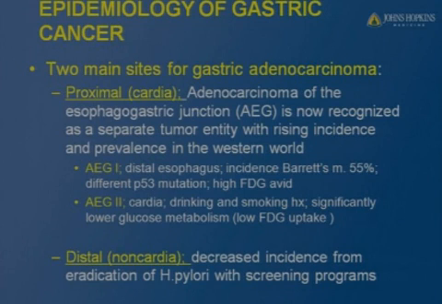There are two main sites for gastric adenocarcinoma, proximal or distal. Proximal cardiac cancers, the other name being adenocarcinoma of the esophagogastric junction, are now recognized as a separate tumor entity with a rising incidence in the Western world. There are two types to it. Type 1, where the distal esophagus is involved, has an association with Barrett's mucosa, up to 55% of the cases, and the lesions are highly FDG avid,